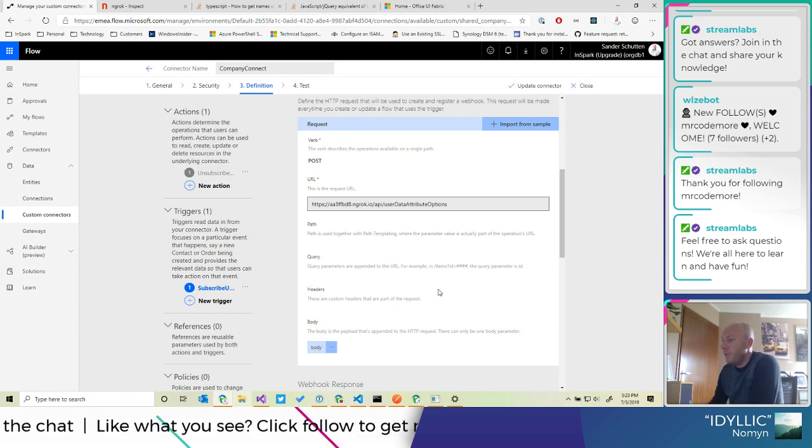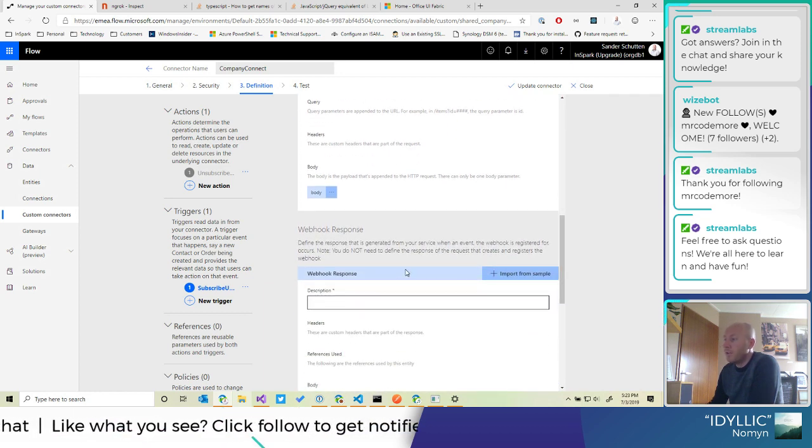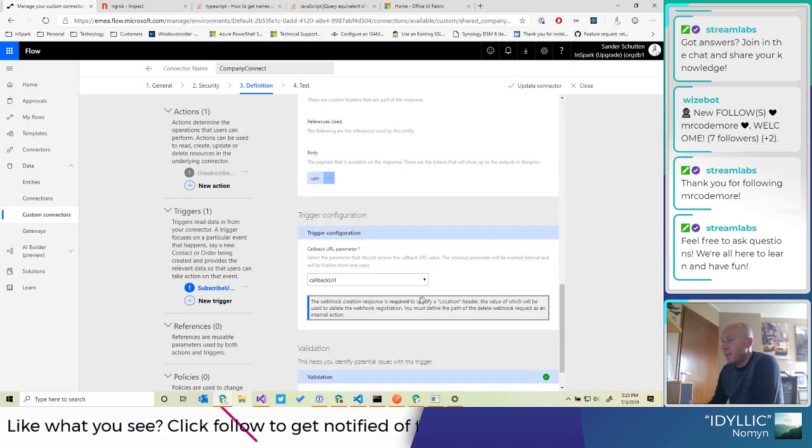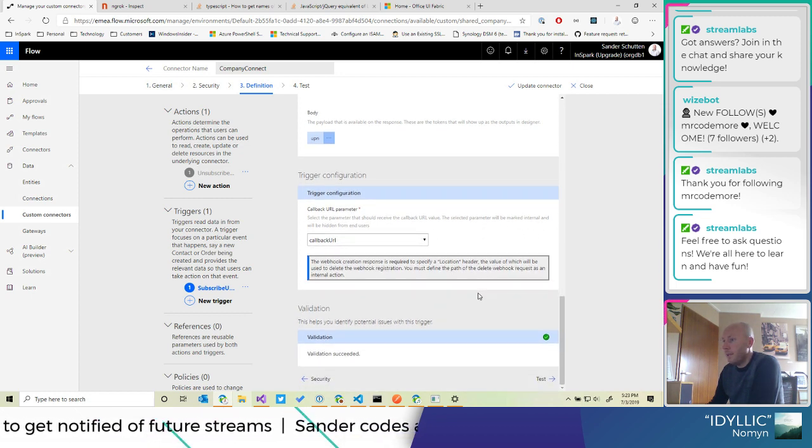What I needed to do was specify in the request that goes to my API what the parameter is that Flow can use to set the generated callback. I just told it to use the callback URL, and now it's happy.